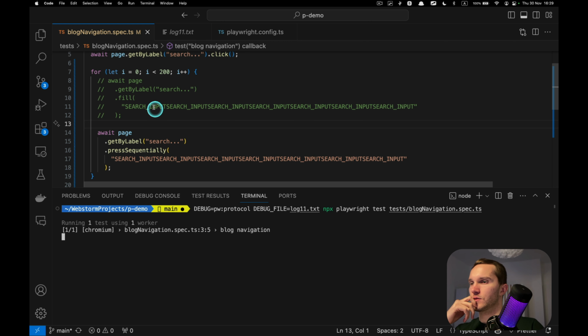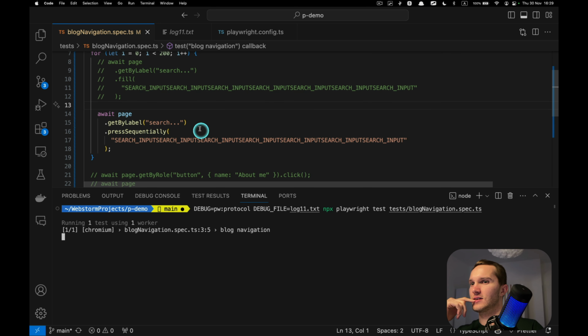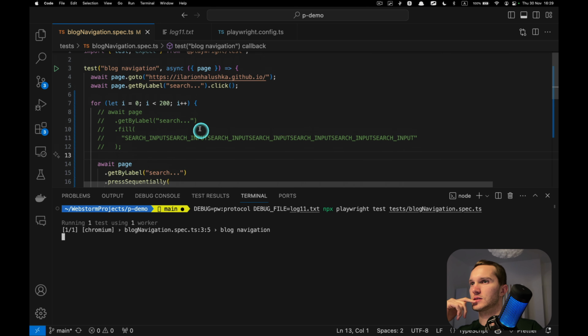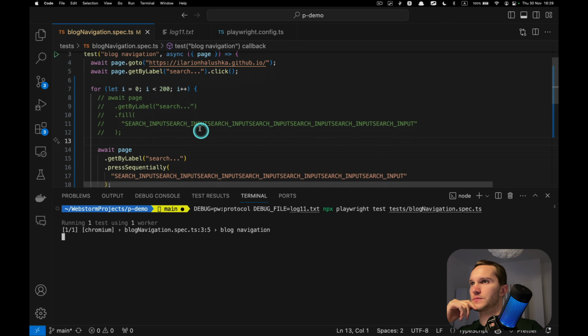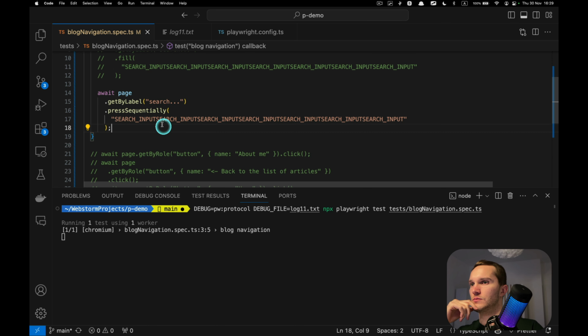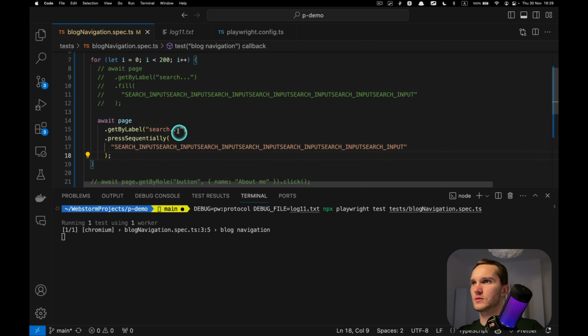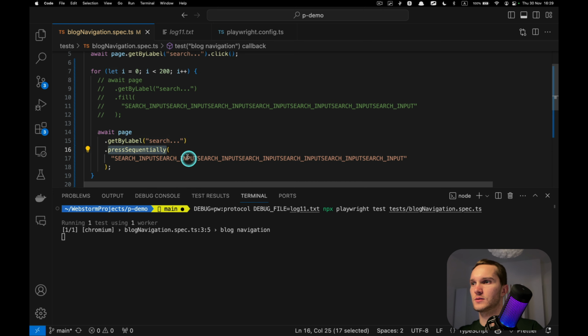With this one, okay, this takes a while. But still, let's wait until it finishes. Wow, does it really take so long to press sequentially?